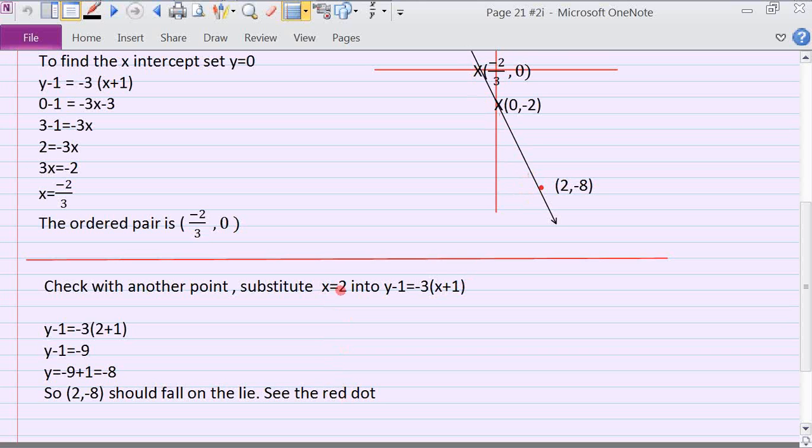So if I substitute x, and I could have chosen other numbers, but I chose a low number because I don't want to put 100 in there or 200 in there. Chose a low number. It could be negative, could be positive. I chose x equal 2, nice simple number, plugged it into the equation, replaced the x with a 2, and so minus 3, 2 plus 1 is 3, minus 3 times plus 3 is minus 9,